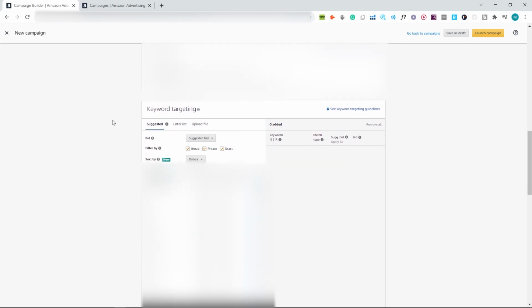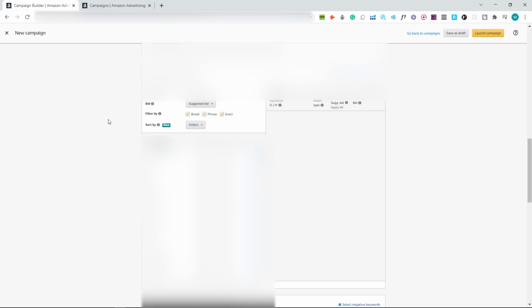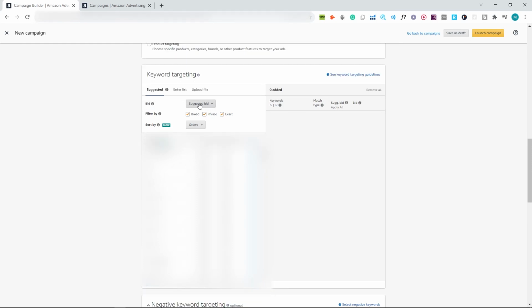Okay, so now for keyword targeting, your bid is going to be on default on the suggested bid, which is usually much higher than what it needs to be. So you're gonna set it to default bid, and then you're gonna change this default bid to something very low. I personally never go over 25 cents.